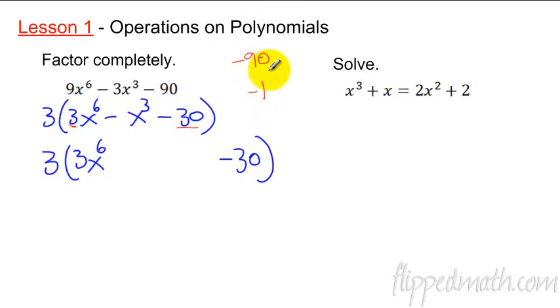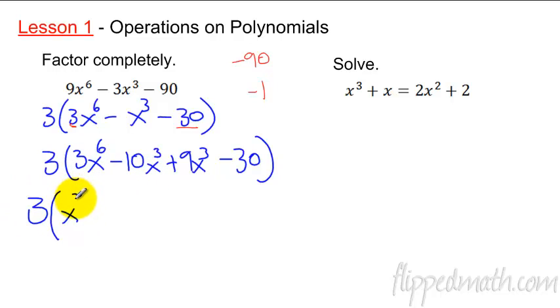Numbers that multiply to -90 and add up to -1 are -10 x cubed and +9 x cubed. So you just take this middle term, whatever it's x cubed, and that's going to go here and here. And now you can do some factor by grouping, and that 3 still has to stay in front. Okay, so what do these first two terms have in common? It looks like just an x cubed. So let's pull out an x cubed, and we'll be left with 3x cubed minus 10, close parentheses,